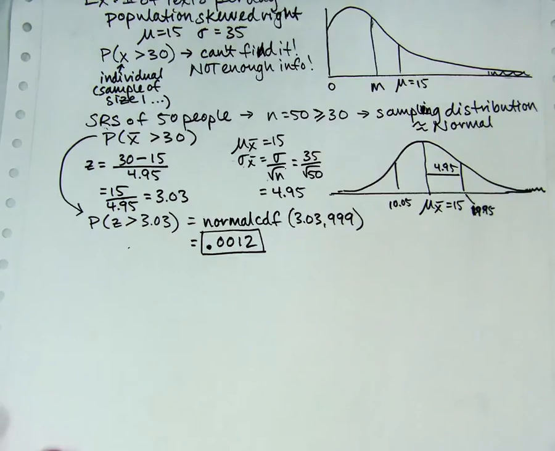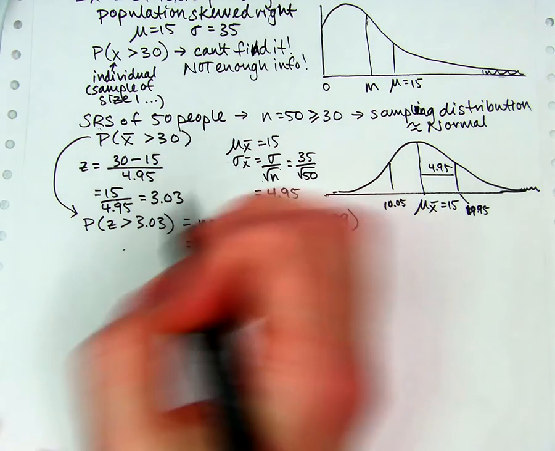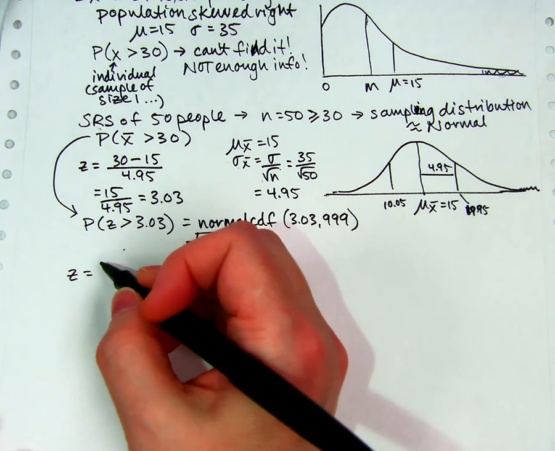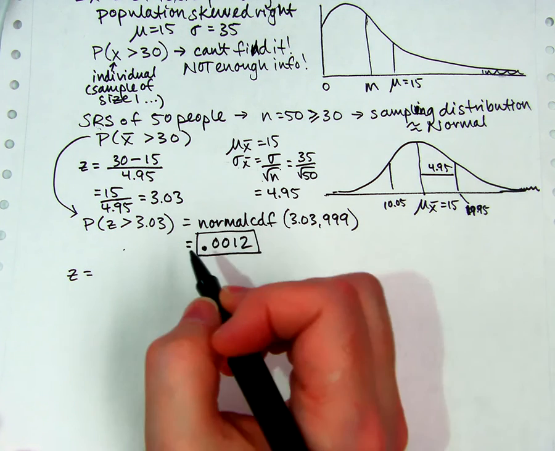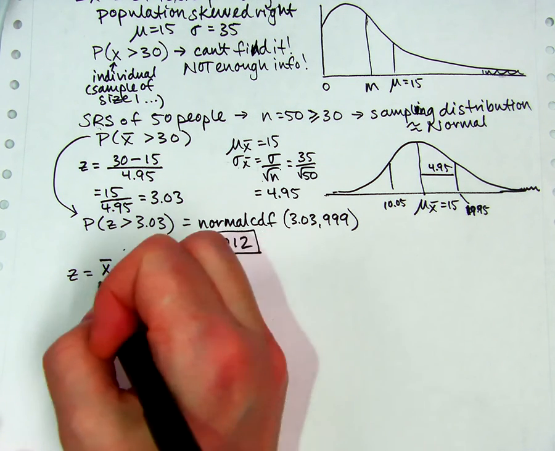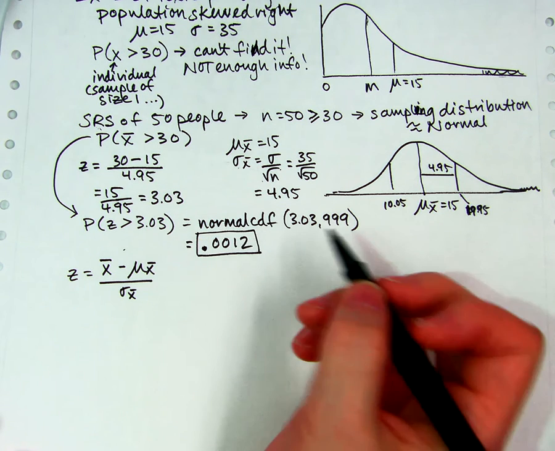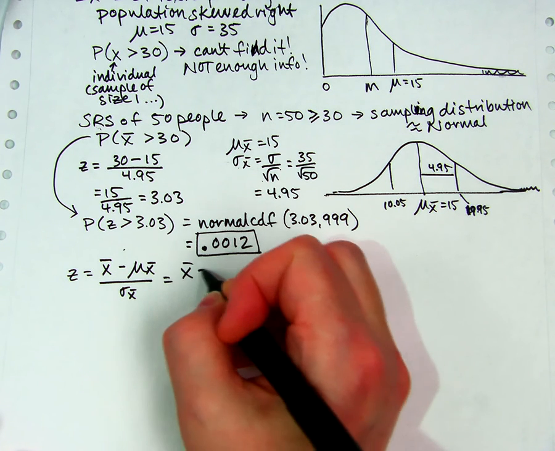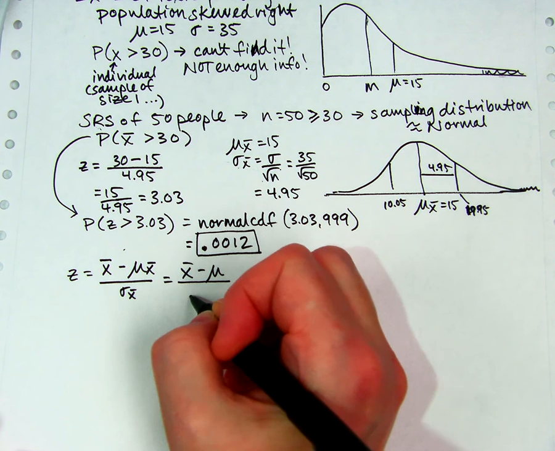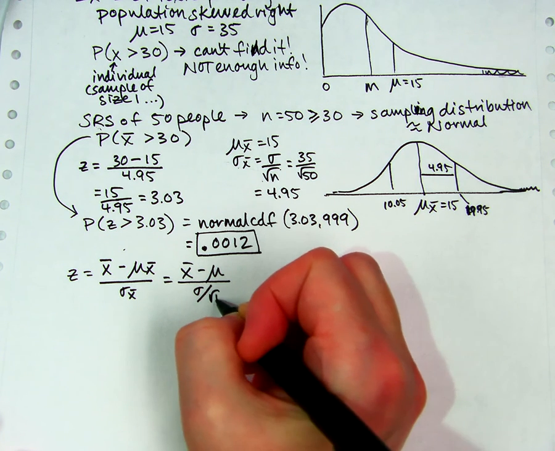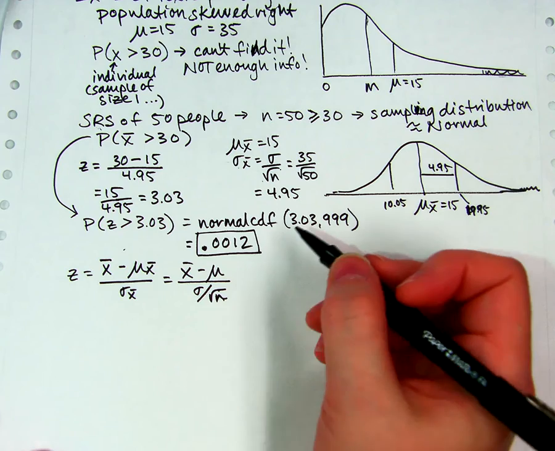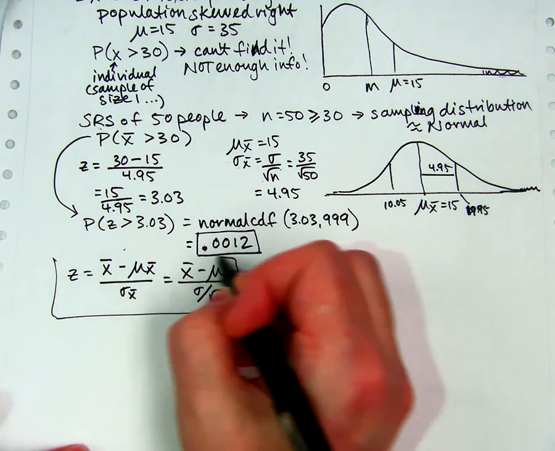And I will put two more important things. Basically, what I'm doing here, we could write a whole new formula for this. Remember the z-score formula that we had before that was x minus the mean over standard deviation? It's changing a little bit. It is now x bar minus the mean of the x bars over the standard deviation of the x bars, which is the same as saying x bar minus mu, because remember this is the same as the population. And then this one's not the same, it's divided by square root of n. We're going to use this formula a lot in later chapters. So we'll write it down now so that we have it for later. And we'll use it now, of course.